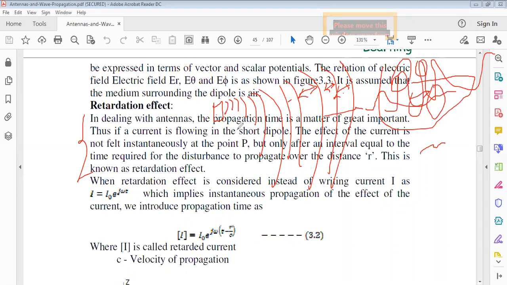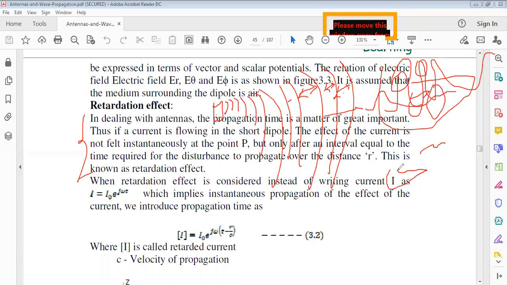Okay, from the above figure 3.3, but only after an interval equal to the time required for the disturbance to propagate over the distance r. That is, to travel the current distance, how fast we accelerate and decelerate, that is called a radiation effect. Okay, when the radiation effect is considered, instead of writing the current I,